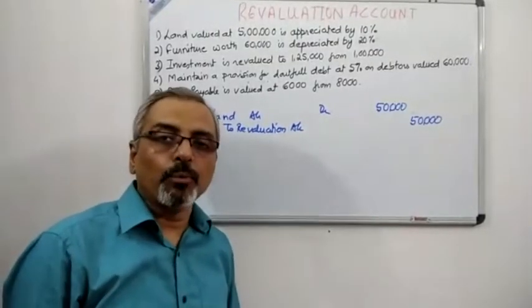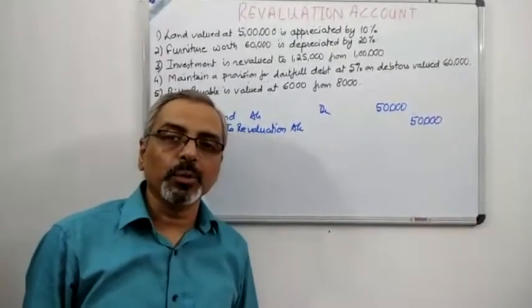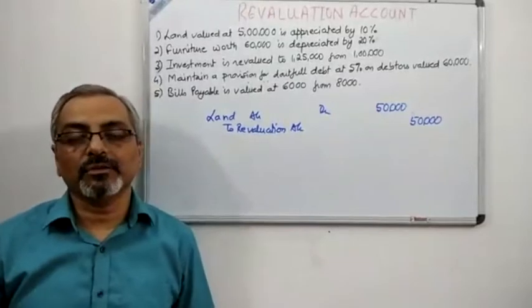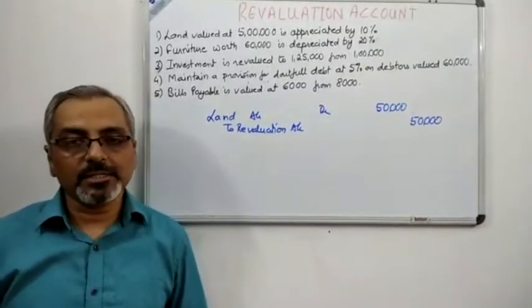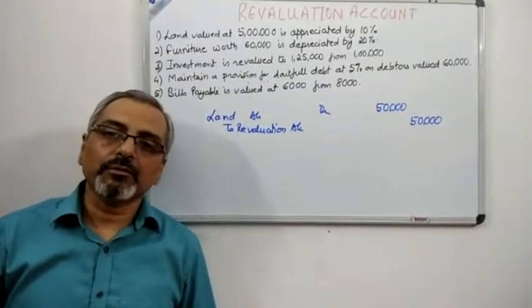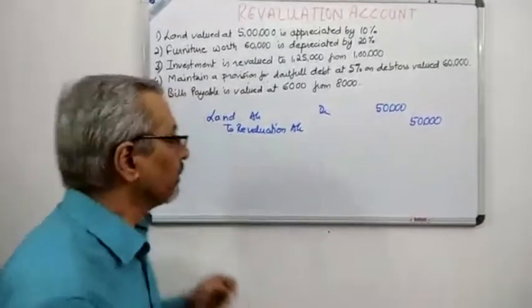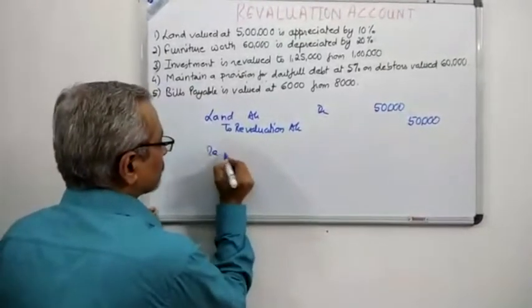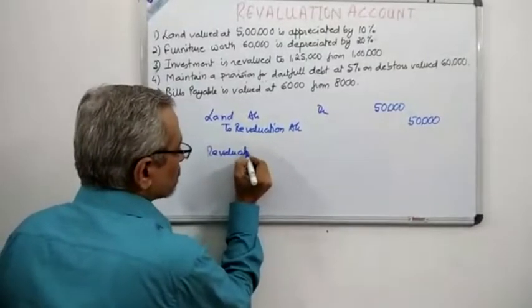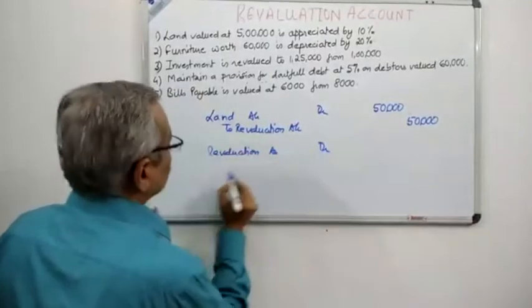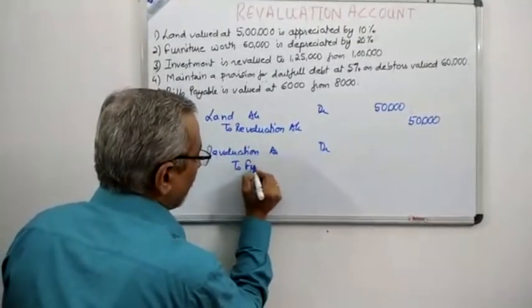This is just the opposite of the previous entry in which the value of asset has increased. In this case, the value of asset is decreasing. So if the value of asset is decreasing, it will be posted in the debit side of the revaluation account. But since we are showing it with the help of journal entry, the journal entry will be revaluation account debit to furniture,